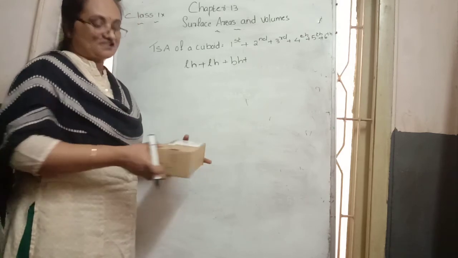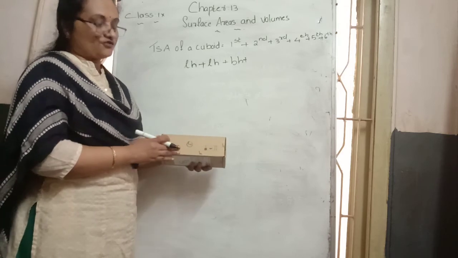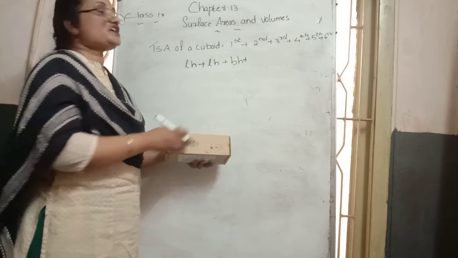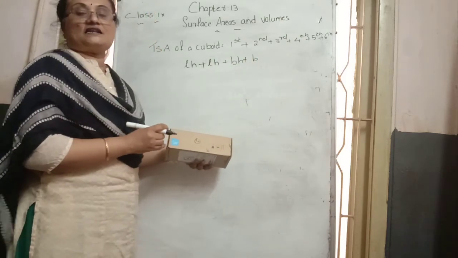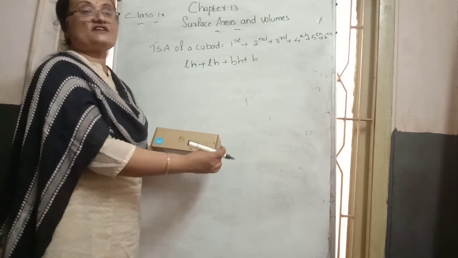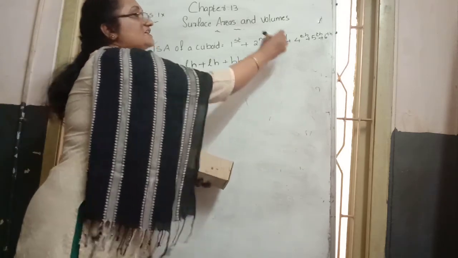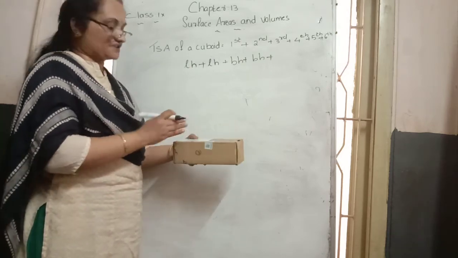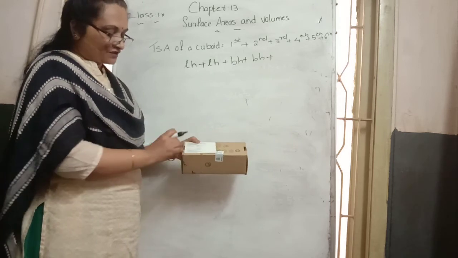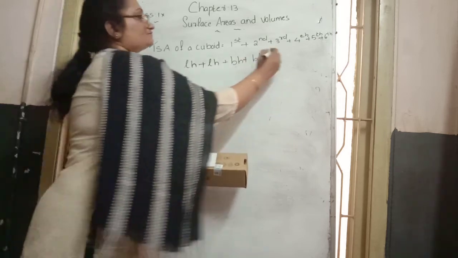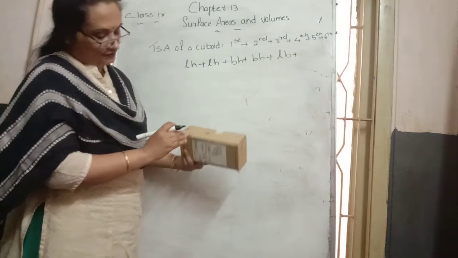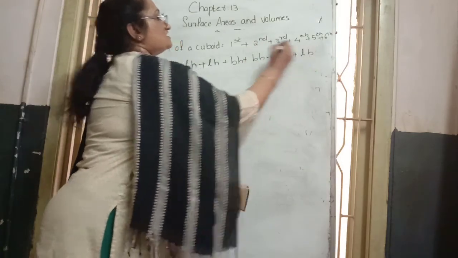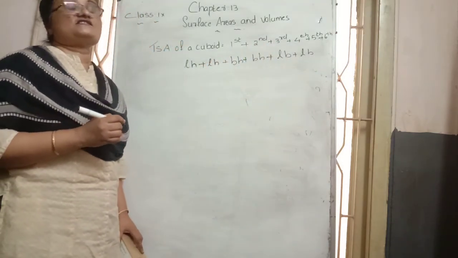In the same way, the opposite of the third face is our fourth face. In the fourth face case, the length is equal to the breadth of the cuboid, that is B, and the breadth represents the height of our cuboid, that is H. Then the fifth and sixth faces: the fifth is the top and the sixth is our bottom face. In the top face case, the length is L and the breadth is B. At the bottom also, the length is L and the breadth is B. So L and B, these are the areas of these 6 faces.